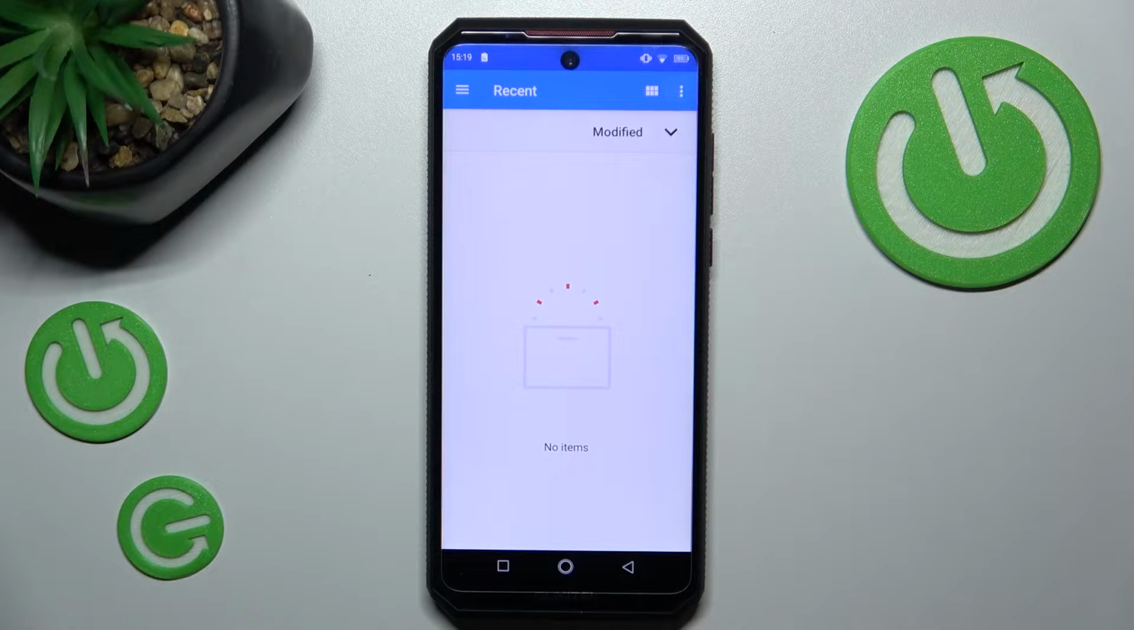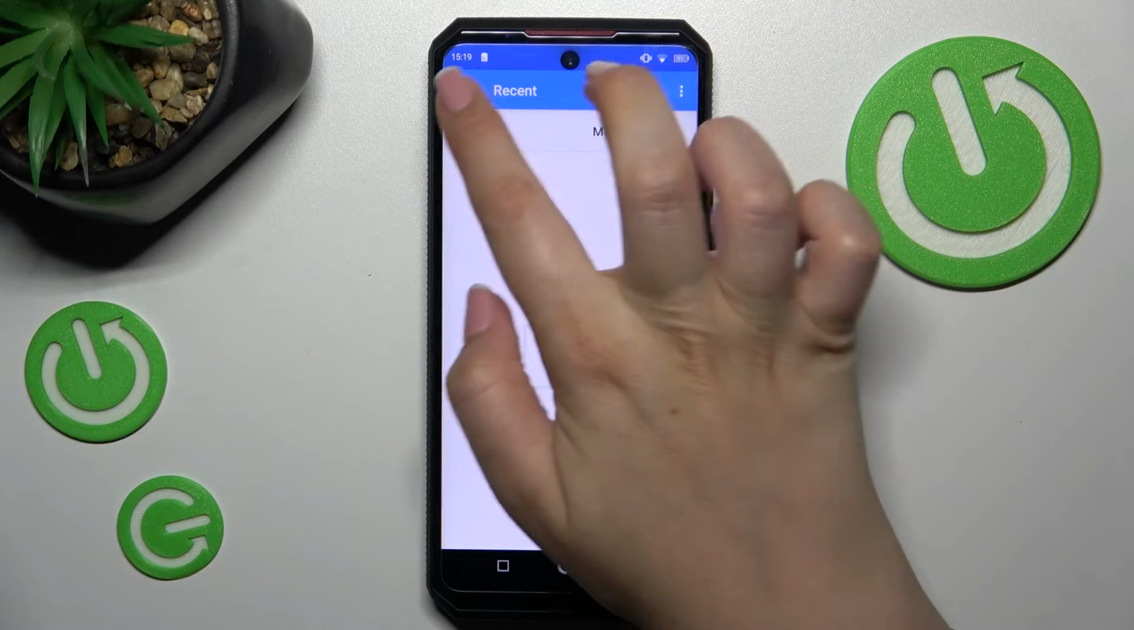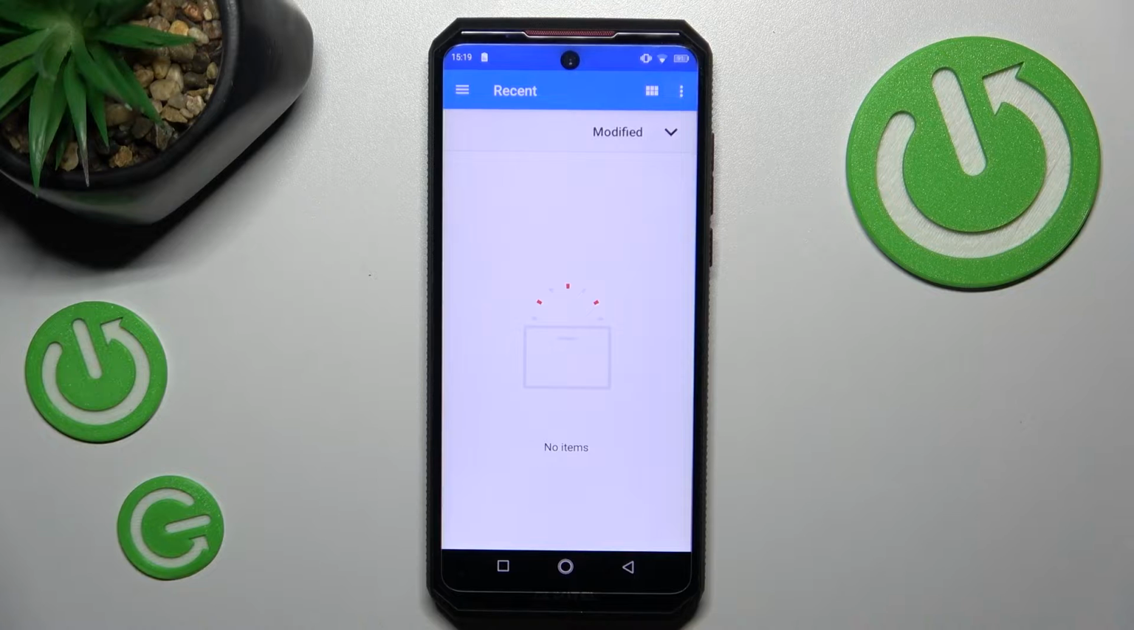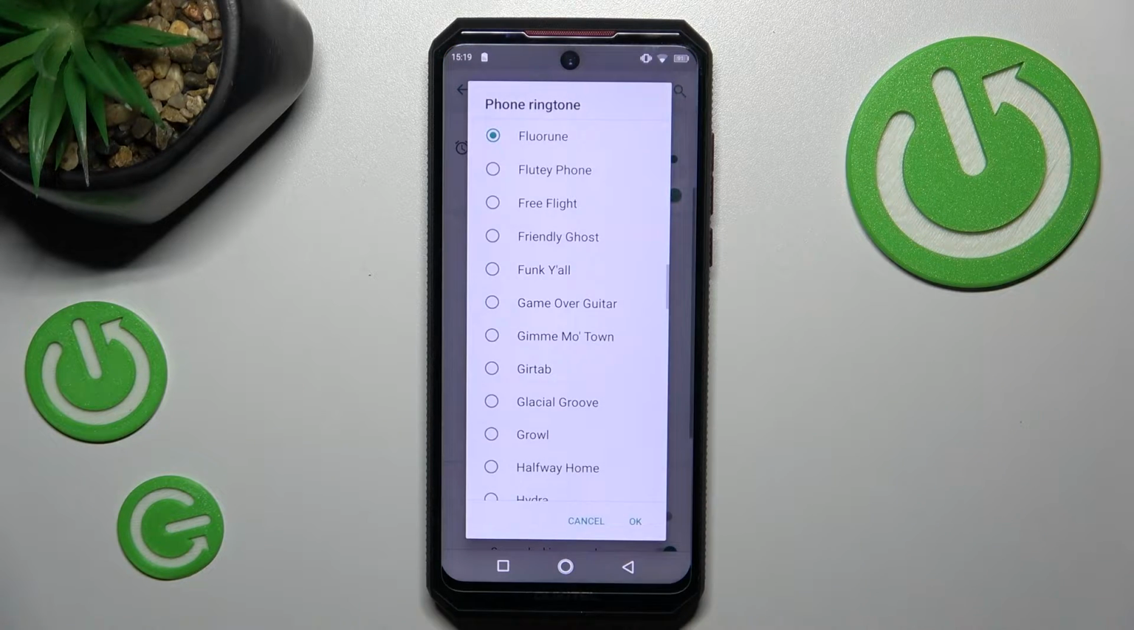So if you have any compatible ones, for example downloaded, they will appear right here, or maybe not in the recents, but for example in the downloads, and you will be able to pick them and set them as a ringtone. What's more, at the very top of this list we've got the option None,